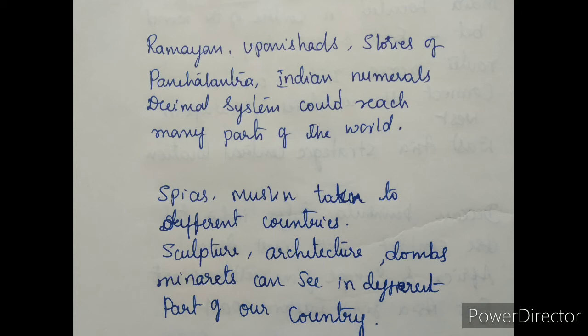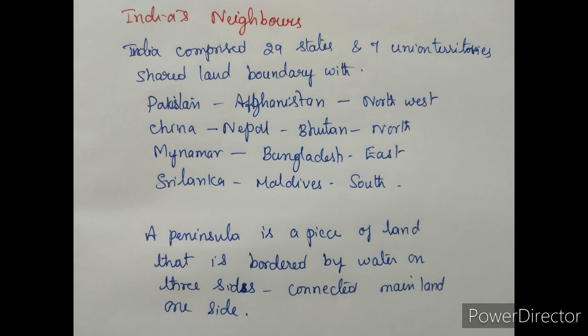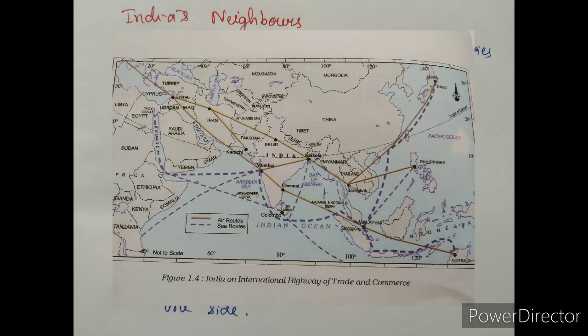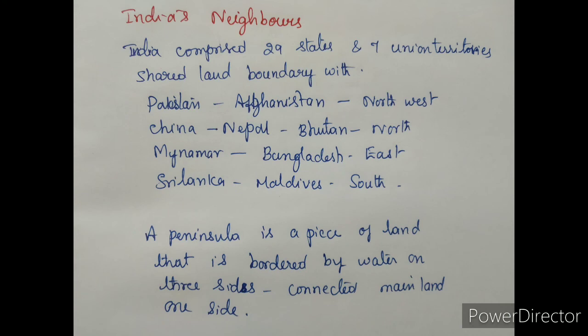Sri Lanka is separated from India by a narrow channel of sea formed by the Palk Strait and the Gulf of Mannar, while the Maldives Islands are situated south of the Lakshadweep Islands. India has strong geographical and historical links with her neighbors. Look at the physical map of Asia in your atlas and note how India stands apart from the rest of Asia. By seeing this map, we come to know the neighbor countries and can locate where they are.